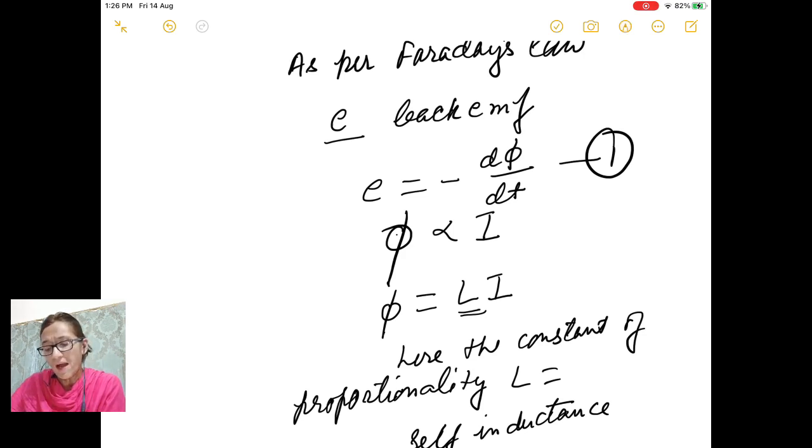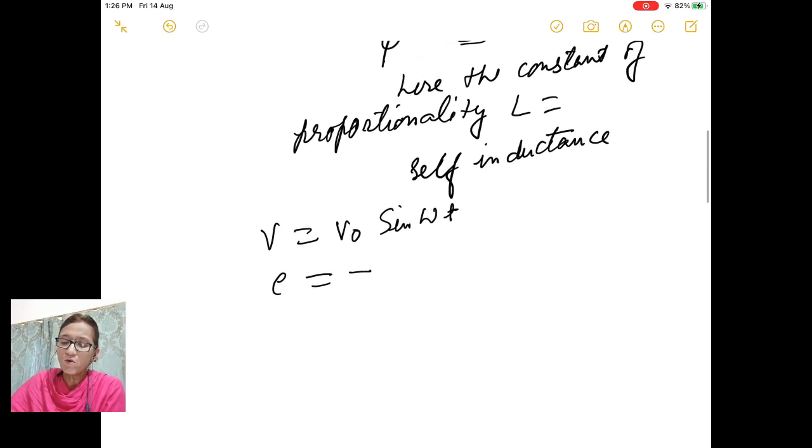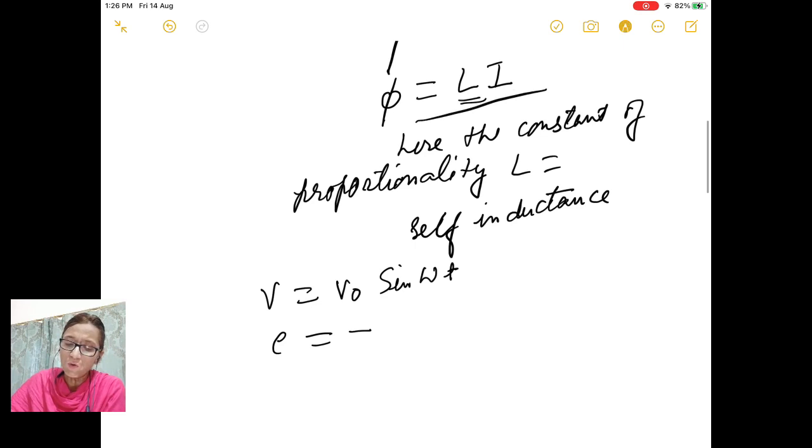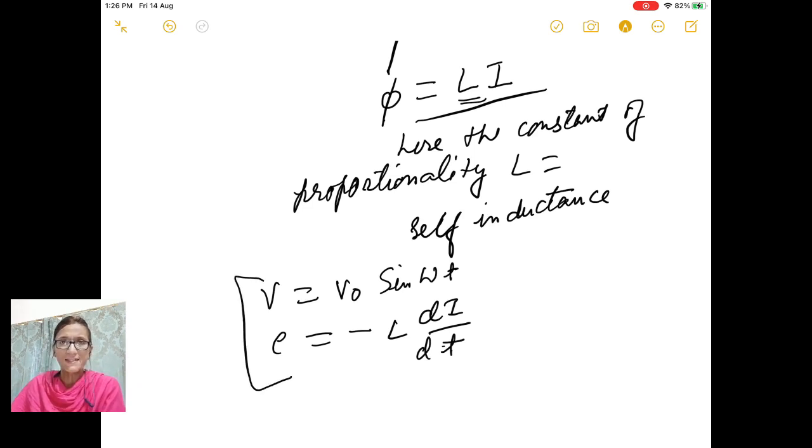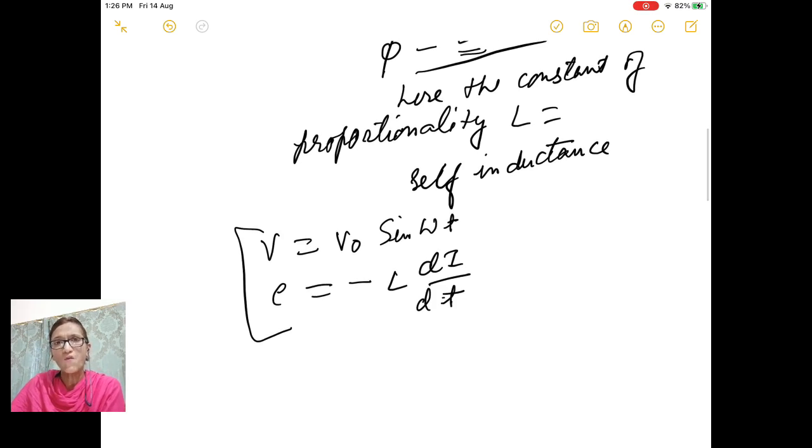If we put the value of phi here, then induced EMF comes equal to minus L di upon dt. So these are the two voltages, and resistance offered by an inductor coil is 0. So now from Ohm's law,